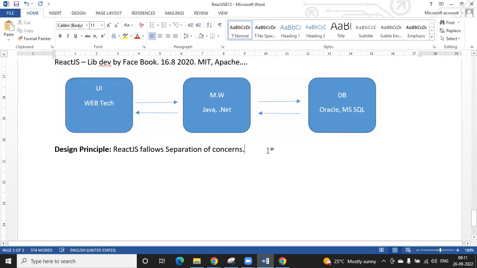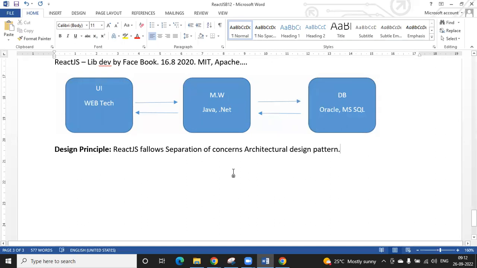Separation of concerns is an architectural design pattern they are using. We also have MVC: Angular follows the model view controller architectural design pattern.